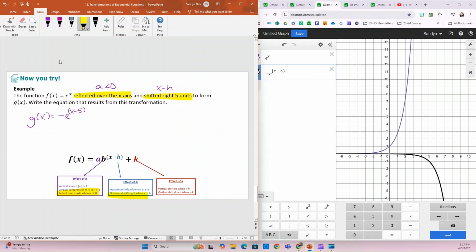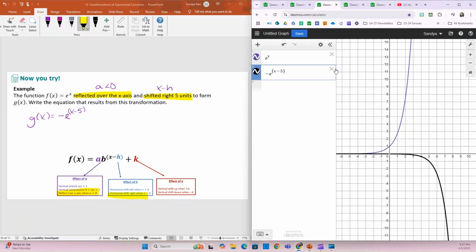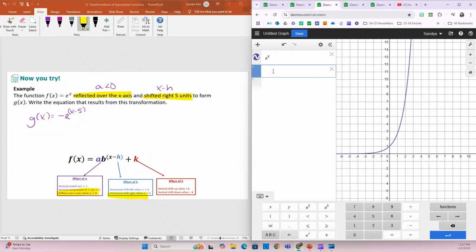So when we go ahead and type this in Desmos, I just want to show you how to type this because sometimes this can be a little bit misleading. We have e to the x, which is our parent function. And if you go to type in negative e to the x minus 5, I want you to make sure that you're putting that exponent in parentheses. So it should be like this. You do exponent and then